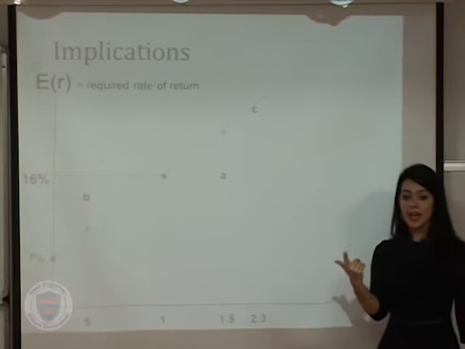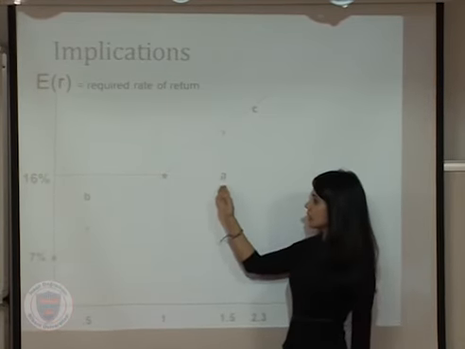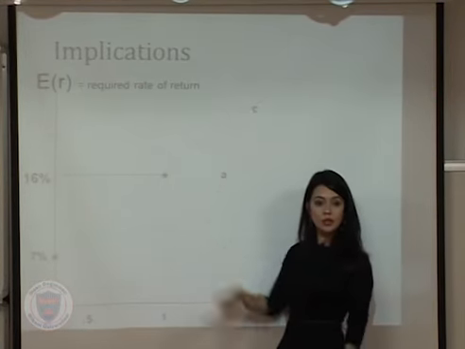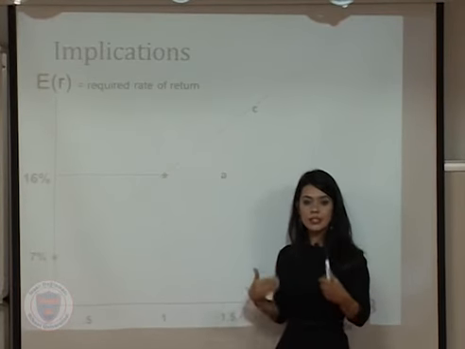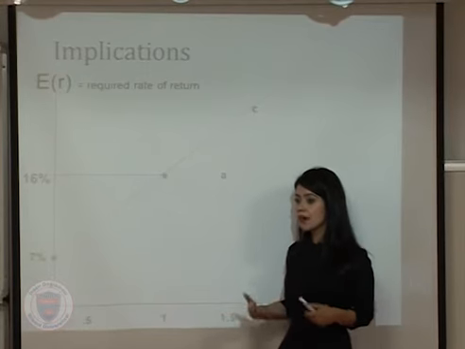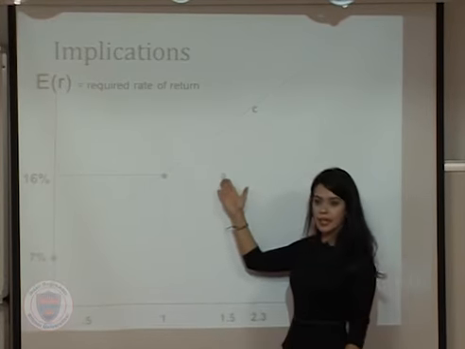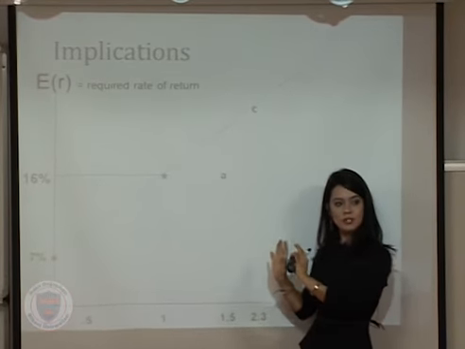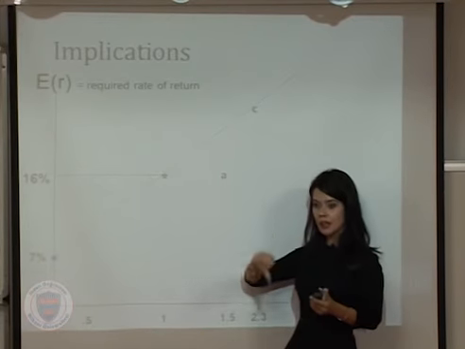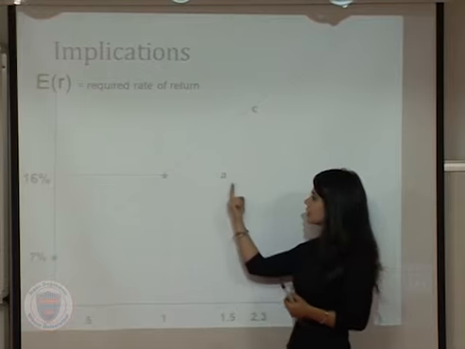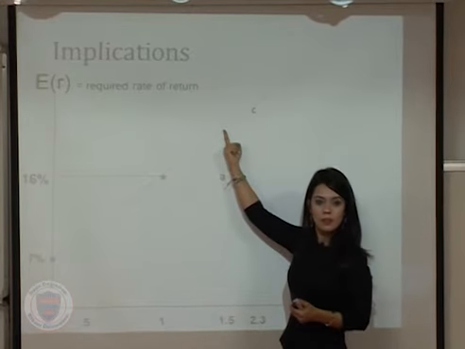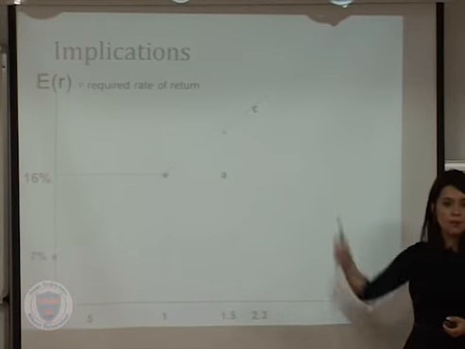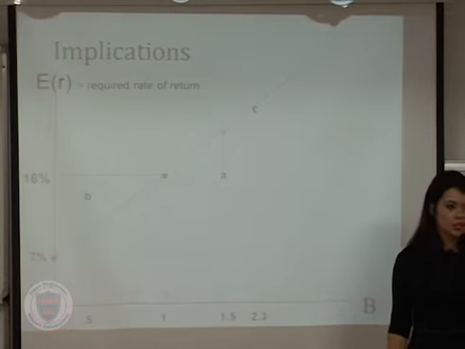You can do the same thing for A, okay? CAPM says A's return should be 20%, but your estimation says the return is 16%. So the return is less than the required one. So its price is higher than the required one. In that case, this is overpriced, it's overvalued. People will stay away from stock A. Stock A's price will decline. As the price decreases, return will increase, and you're going to hit the CAPM. So if CAPM works, then A is overvalued and B is undervalued. So this is how their prices will change.